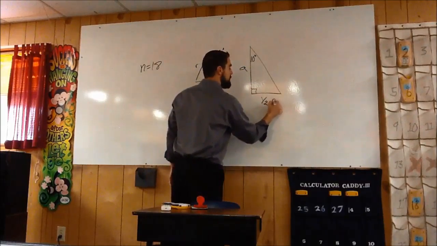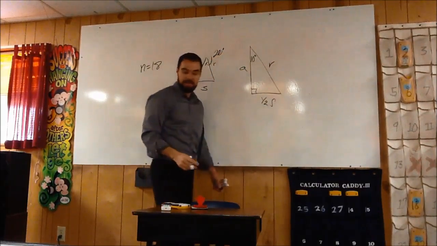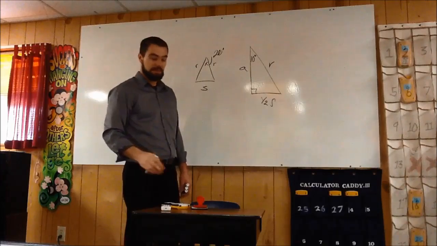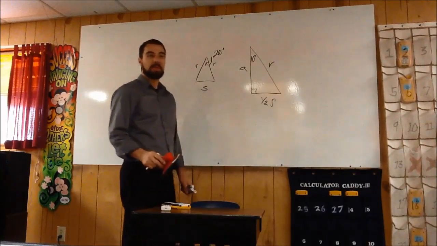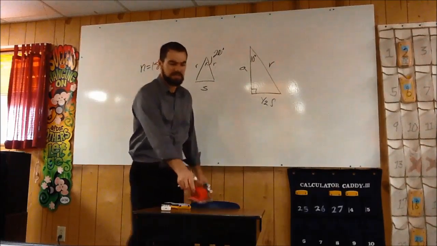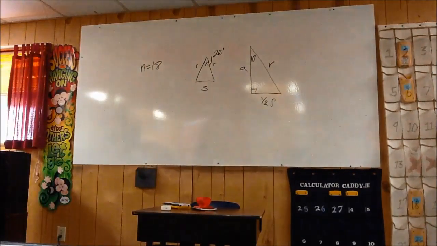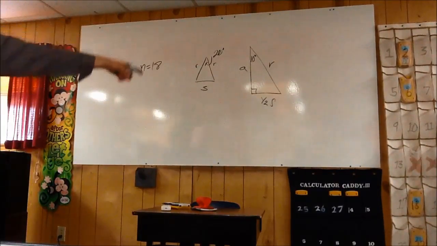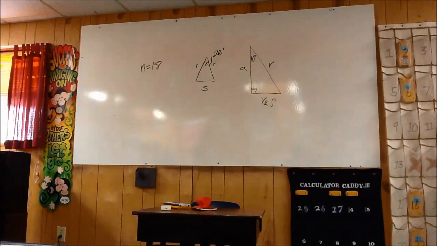What were you given about this 18-sided polygon? Side length is what? 8 meters. So what do you know about this right triangle? Half of this is